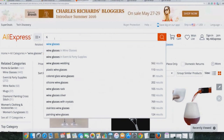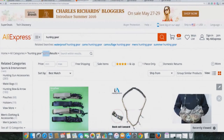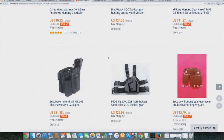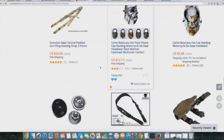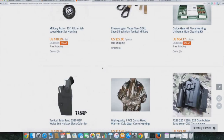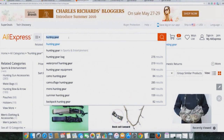Here's another one. Let's say hunting gear, right? Type in hunting gear. You've got 2,000 different products that come up for hunting gear. There's a lot of stuff on here. As a matter of fact, I've already seen one or two things that I'm marketing on my store right now, right? So there's a lot of stuff in here, but you've got to identify what is a good passion and